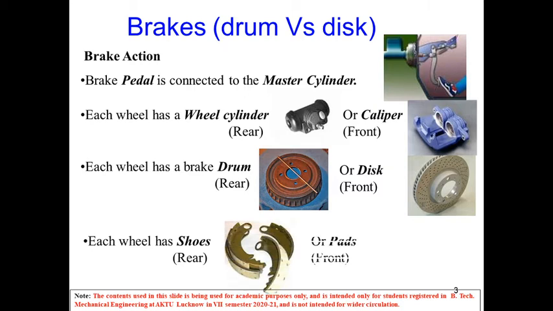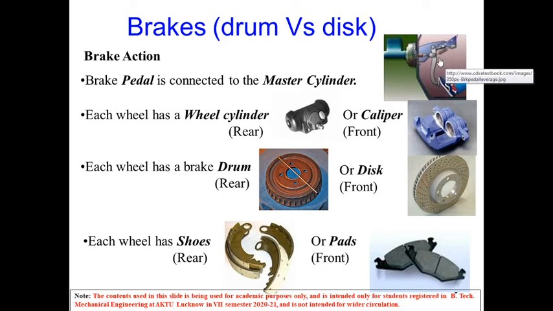So we primarily covered disc brake and drum brake. And as we have discussed, the brake action in both cases is similar. What is the brake action? The brake pedal is pressed by the driver and it actuates the master cylinder. This is the main component of the braking system. Without this master cylinder we cannot apply the brakes onto the disc or drum, using these two components, caliper or wheel cylinder. So today we'll focus basically on this component, that is the master cylinder.